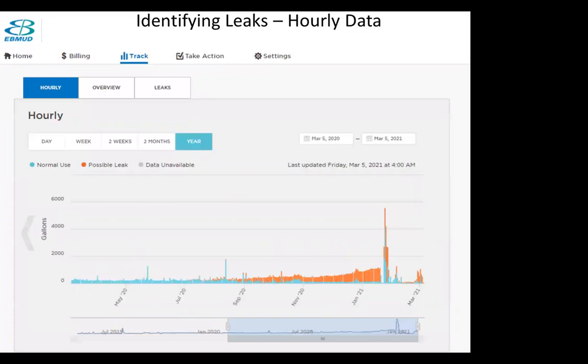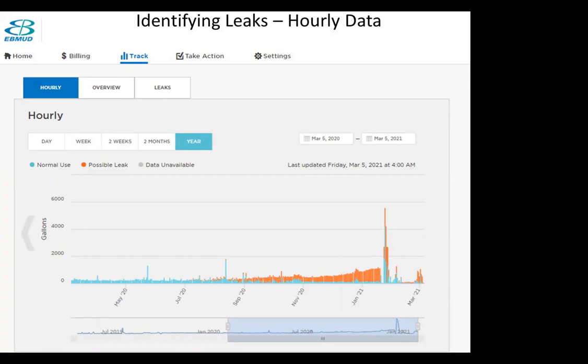In the hourly tab, we see a similar picture, steadily increasing water use. There is a menu of several buttons allowing you to choose between several different views of time. You can use a day view, week, 2 months, or a year. You can still use the slider and the grips to make whatever time period you like. In this example, we're looking at the year view, showing a year of data. As you can see in the bar graph, the system flags continuous use as potential leak with orange bars.